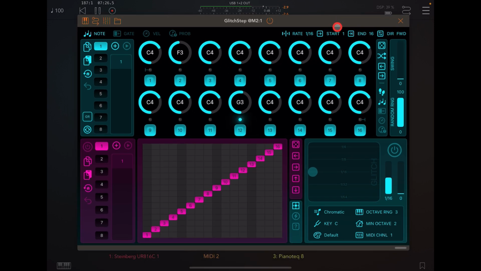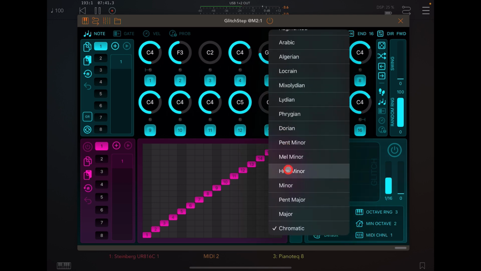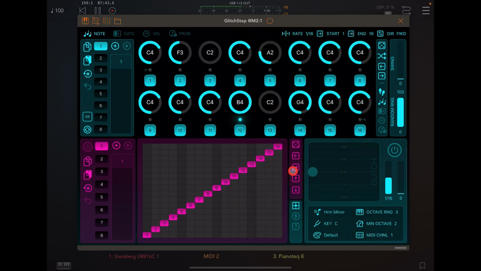We can change the scale that these notes will adhere to. At the moment it's on chromatic, but if we change our scale to something like harmonic minor, it will adhere to the harmonic minor scale. This is all kind of straightforward stuff, right? If we choose to go to note,